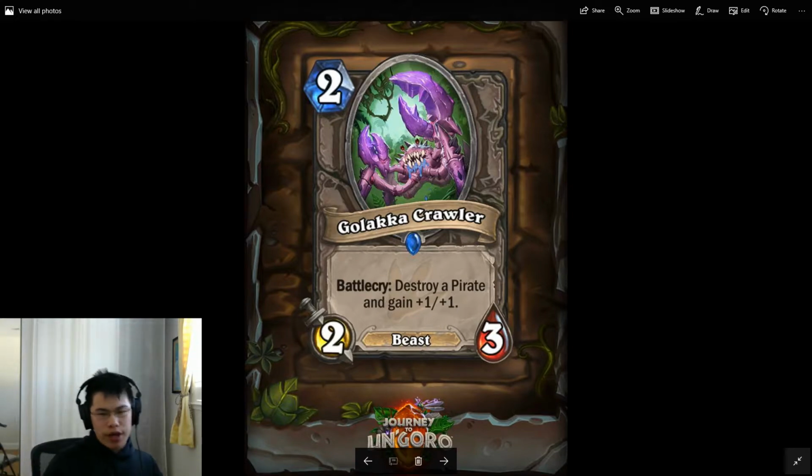Two mana 2/3, Galaka Crawler. It's a battle cry: destroy a pirate, and gain +1/+1. Now, obviously, this is trying to combat pirates. The thing is, I already mentioned this with my Living Mana card review: Galaka Crawler and cards that are targeted towards aggro decks like that are just kind of jokes, because aggro decks are built for that